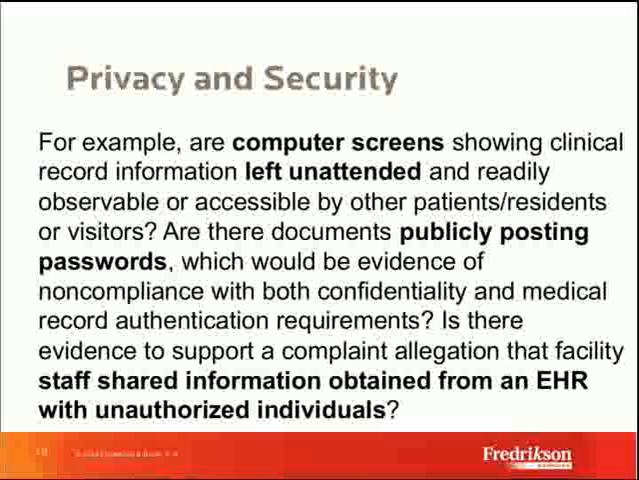Are your computer screens left showing information when people have moved to another part of the room? Are you posting passwords? Sort of these obvious things. Have you shared passwords? The things that are going to implicate HIPAA in the EHR context could certainly come up in a licensing or accreditation survey. And